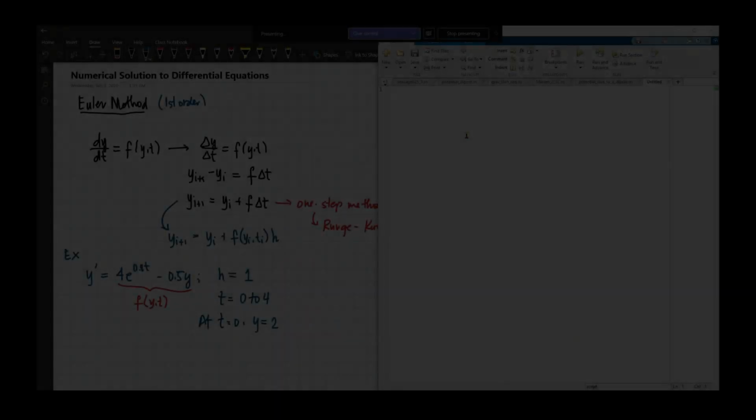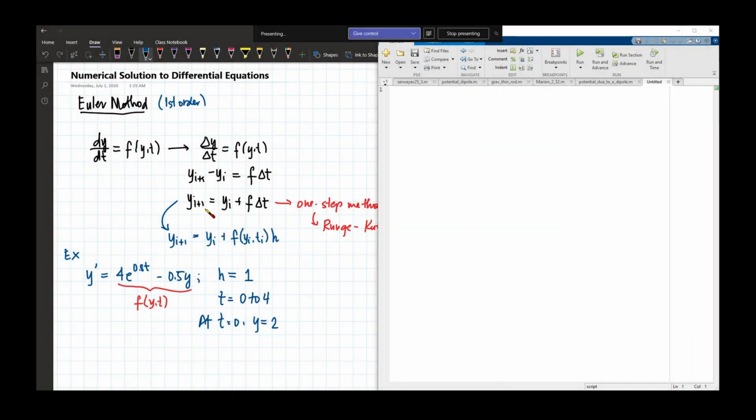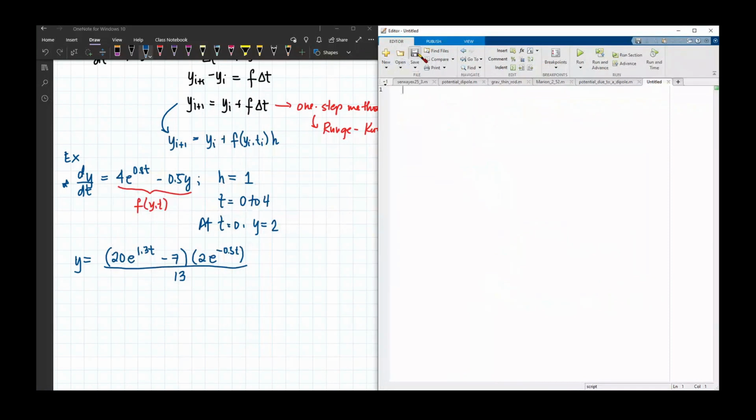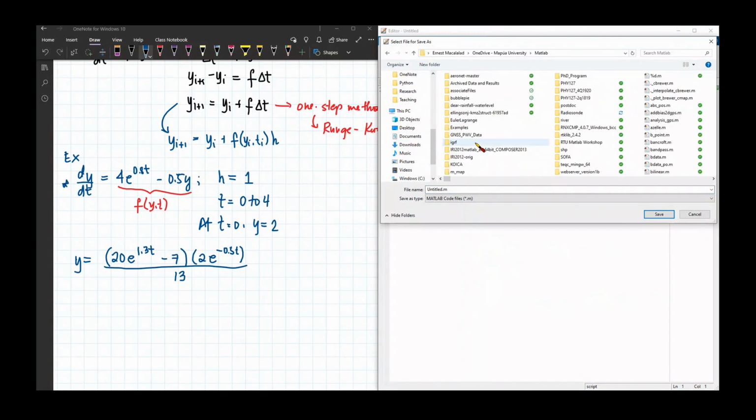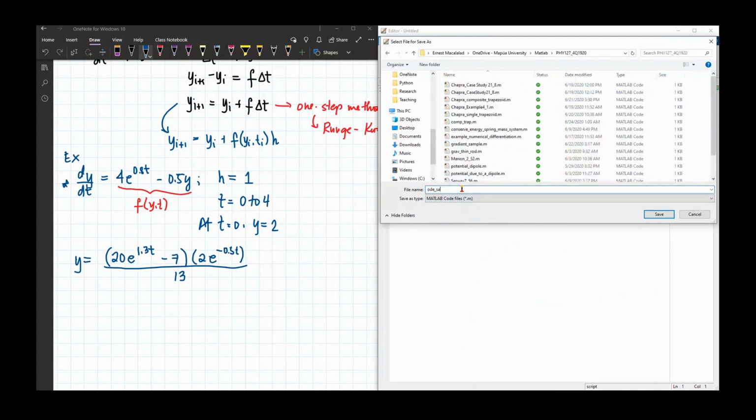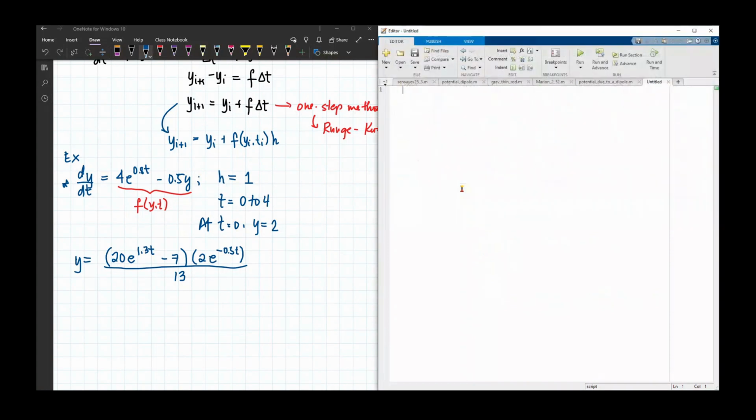Okay, so right now we're going to solve this equation using the Euler method. y prime is equal to 4 e to the 0.8t minus 0.5y. Let's save this as, let's say, this one. So this is ODE. Okay. So the solution would be,